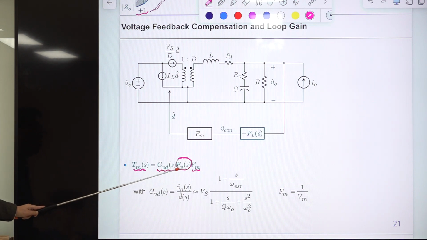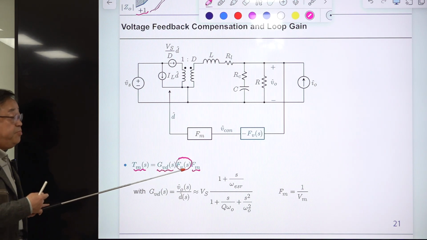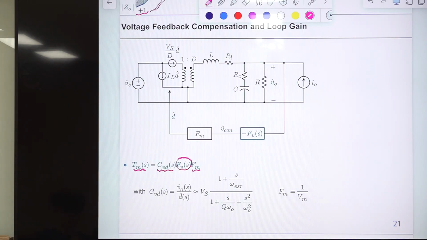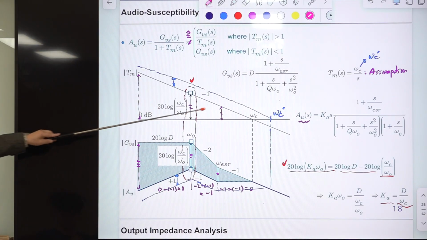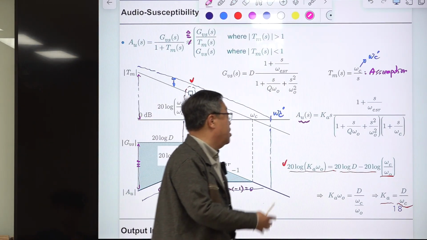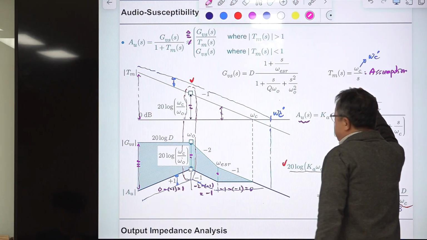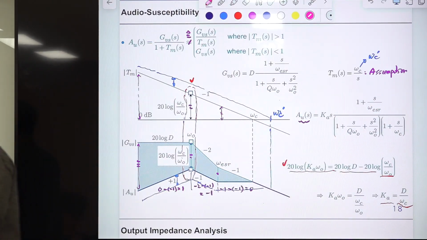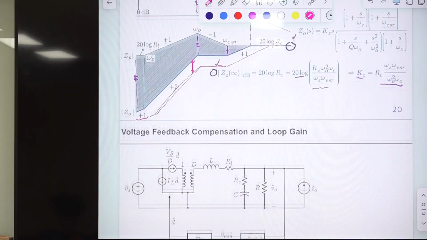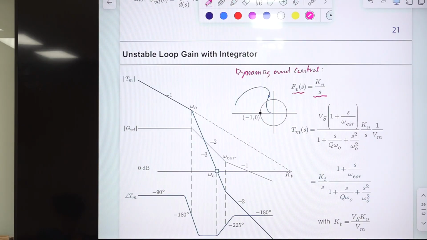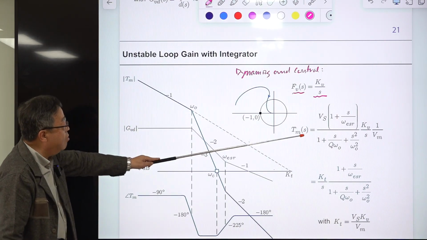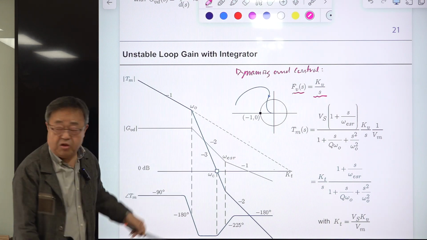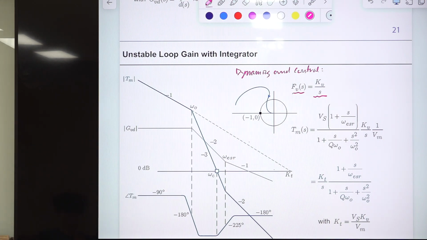Okay, so initially assume this is the simple integrator. Maybe you obtained some hint here because the loop gain of this one is the ideal case. So you may be tempted to use in your feedback compensation FVS. That is the case shown here. FVS is not loop gain, it is voltage feedback compensation. Then loop gain becomes this. This is the GVDS.